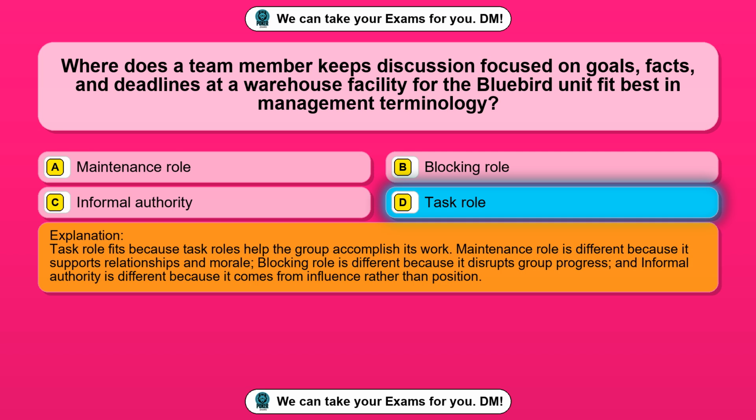Task role fits because task roles help the group accomplish its work. Maintenance role is different because it supports relationships and morale. Blocking role is different because it disrupts group progress, and informal authority is different because it comes from influence rather